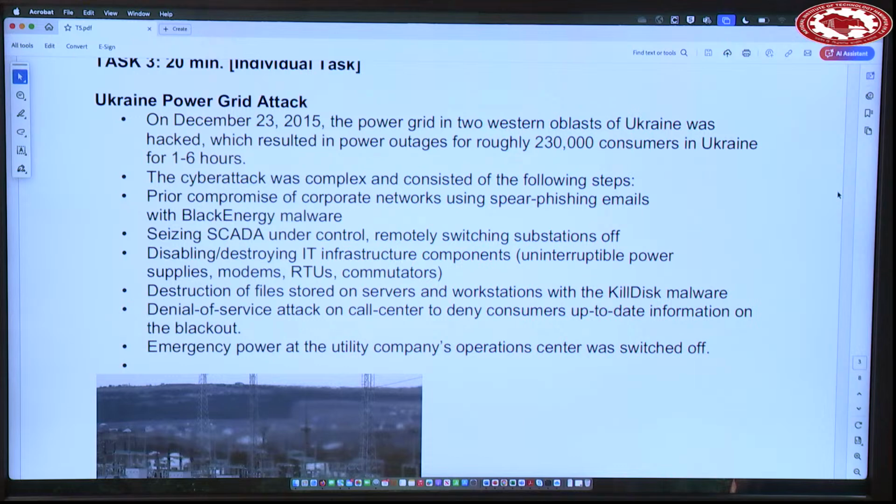What happened actually? If you look at this case study, 230,000 consumers were in the dark for around 6 hours. For 6 hours, there was no electricity. Fortunately, they had some backup, so it came back up quickly. But in most cases, sometimes recovery takes months. They actually targeted 30 substations and 2 distribution centers, and they destroyed a large number of components. So there was an investigation into what happened, and when they did the forensic investigation,